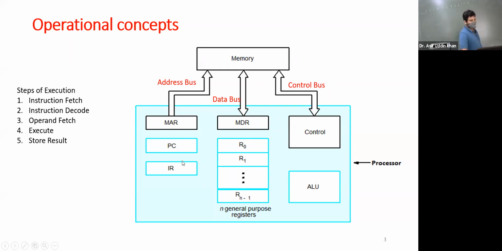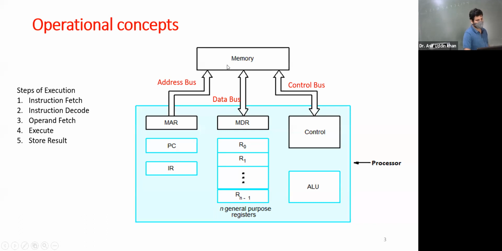Instruction fetch means the program counter gives the address of the instruction, and that address is loaded into MAR, and MAR is the register that is connected to the memory unit using the address bus. The address bus has a set of wires, and using those lines you can identify the particular location in the memory where you want to read or write. So now you want to read the instruction. When you load the address of the instruction here, the location where the instruction is present in the memory is identified.